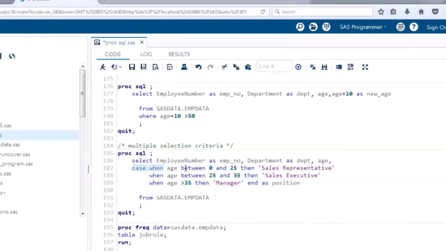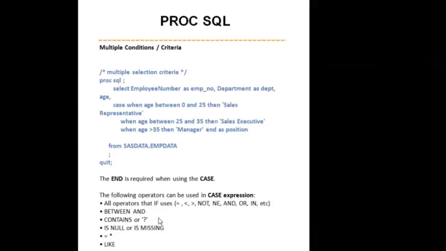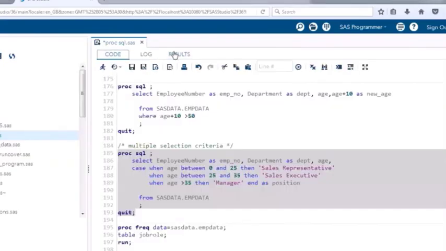In this, I'm using the between and operator, and I'm creating different banding based on the age. Most of the logical operators are available for the case operation. You have contains available, is null or is missing available, like is available, where you're trying to search the first character. So all these operators are available in the case expression. So you can see the new